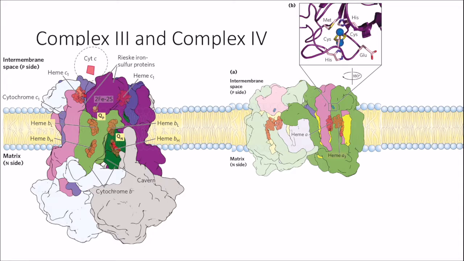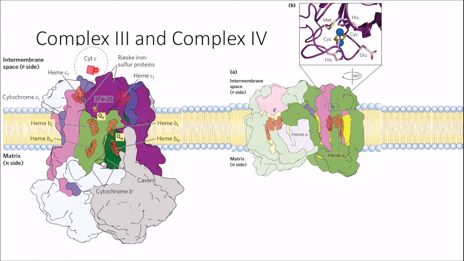This is only one of the electrons from ubiquinol. What happens to the other electron is that it will reduce the cytochrome B, and this cytochrome B will reduce one of the ubiquinone molecules into a semiquinone, which is the reduced form of ubiquinone with only 1 electron rather than 2. So now that we have established that 1 ubiquinol will come and reduce this cytochrome C to release it,